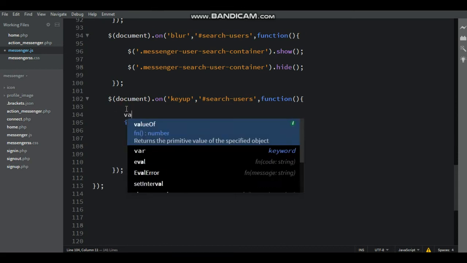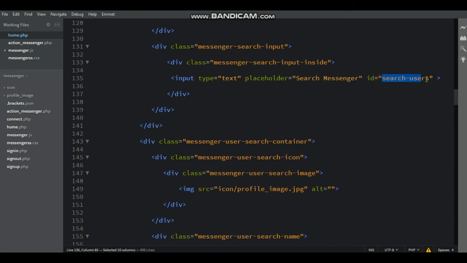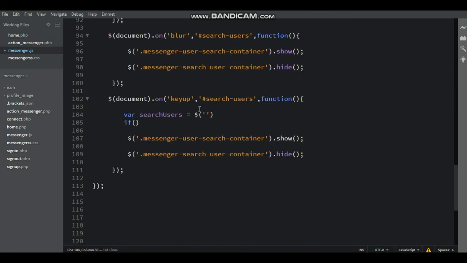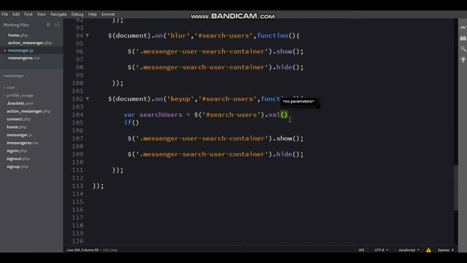Now write variable search user, variable search user equal to dollar inside bracket, inside single quotes, write ID search user as search user dot value, open and close bracket, close with semicolon.